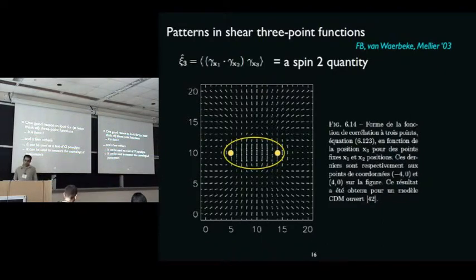To start with, this mode coupling, this F2 function, is just a signature of the gravitational instability paradigm, and at some point has to be tested as a consistency check for the theory. A signed result will constrain departures from GR. It can also be used to constrain cosmological parameters, so it's not yet clear how much you gain in terms of precision going from the 2-point to the 3-point function. Probably something,